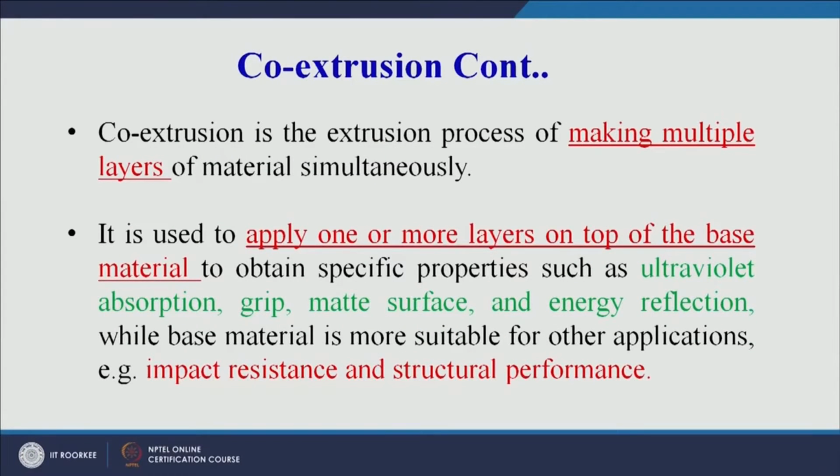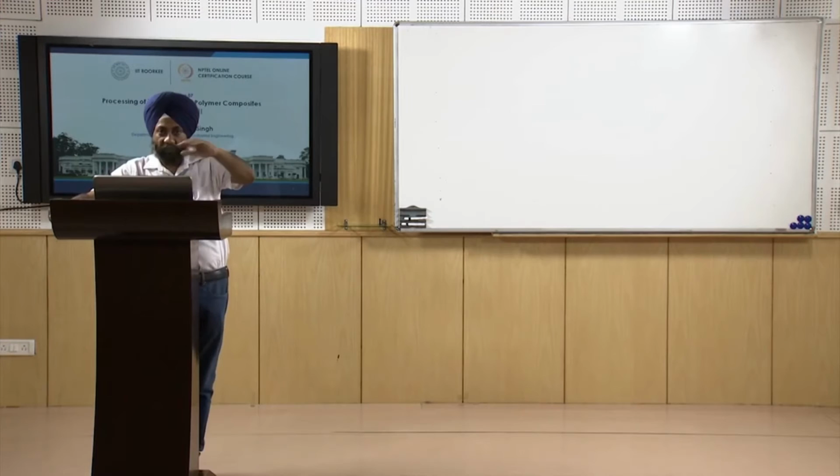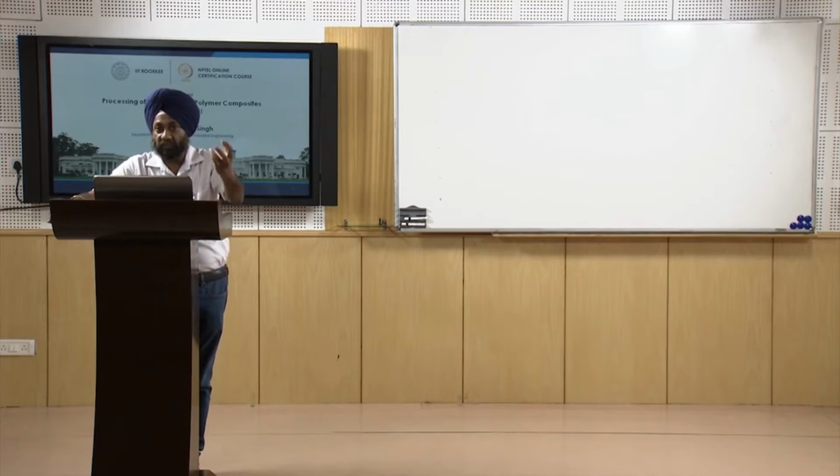Many times impact resistance and structural performance can also be improved by using the co-extrusion process. The base material can be good for impact resistance and structural performance, the top can be good for finish. Sometimes we require a specific color at the top, then also we can go for the co-extrusion process. The top layer can be of that specific color, the bottom layer can be of any color, but it will add to the functionality by providing impact resistance or some form of structural performance. So co-extrusion is an important process of extrusion in which we can have a combination of properties by putting two types of polymers together.